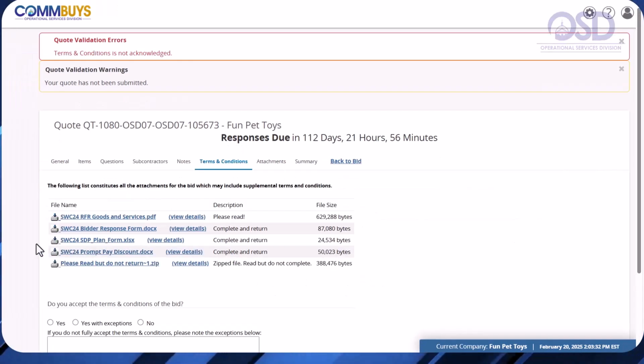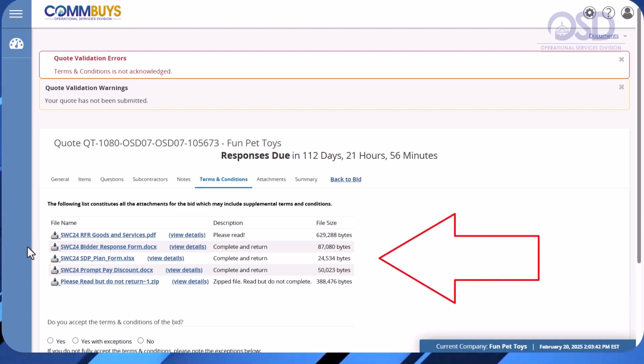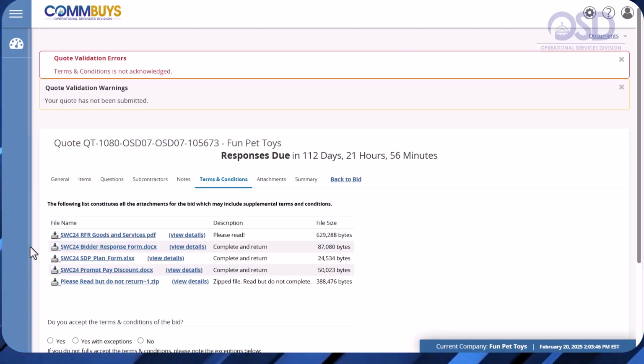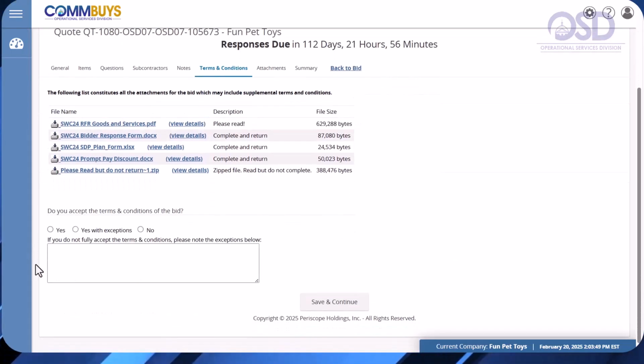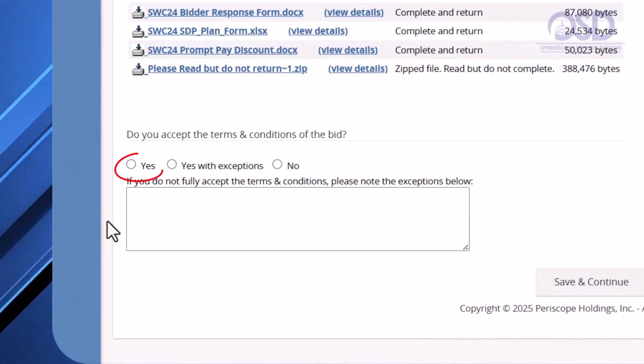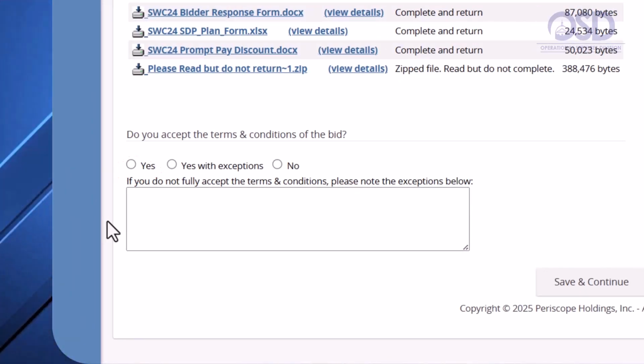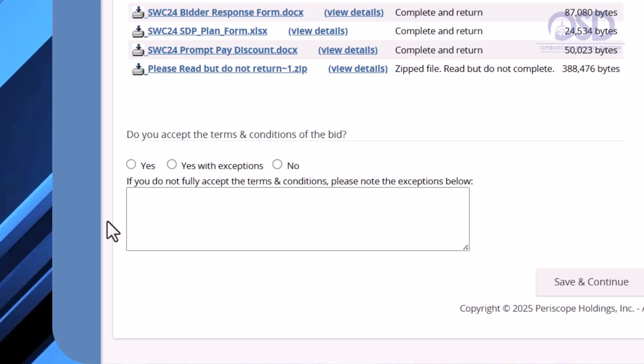Next is the Terms and Conditions tab. On the Terms and Conditions tab, we find another listing of all of the files that were attached to the bid solicitation. Scroll down to just below the listed files. Do you accept the terms and conditions of the bid? By selecting Yes, you are accepting the terms and conditions of the request for response and all of the listed attachments relevant to the items you are bidding on.